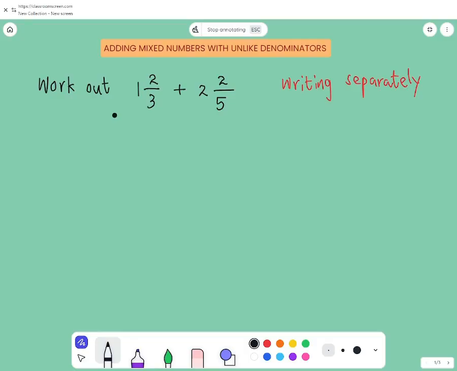Hi, today we are going to talk about adding mixed numbers with unlike denominators. Example 1: 1 and 2 over 3 add 2 and 2 over 5. So I'm going to use the writing separately method for this one